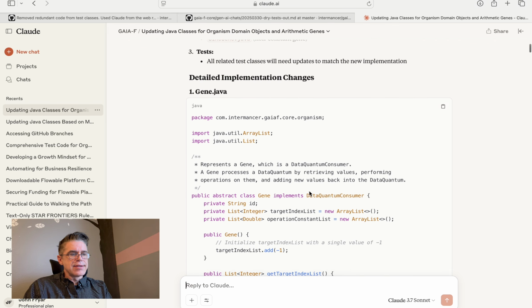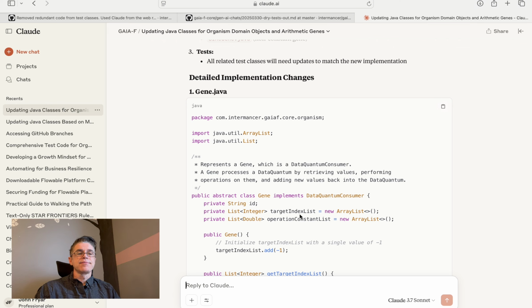You'll see that gene isn't an interface, it's an abstract class. That's something I've noticed during my time of working with AIs, doing Java programming, that sometimes it loses track of where it needs an abstract class versus an interface. If you're not a Java developer, that might be a distinction without value. But if you are a Java developer, you understand why it's important to keep clear the difference between abstract classes